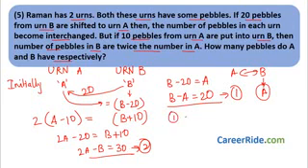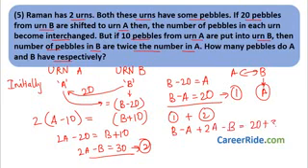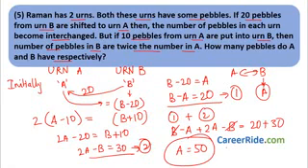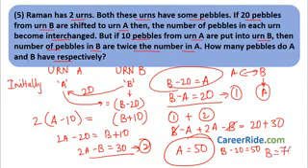Now when we add 1 plus 2, what do we get? B minus A plus 2A minus B would be equal to 20 plus 30. B gets cancelled. 2A minus A equal to 50. So A has 50 pebbles. So how much would B have? This is our equation 1, B minus 20 equal to A. We'll put the value of A over here. So B minus 20 equal to 50. So B will be simply 70. So the number of pebbles in B is 70, and the number of pebbles in urn A is 50.